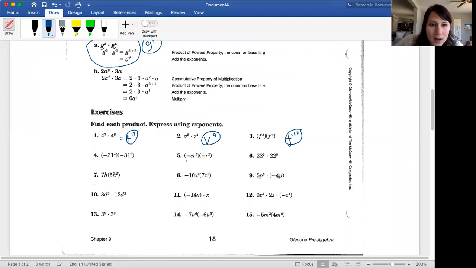Looking at number 5, be careful here. I have a variable C. I'm going to bring this